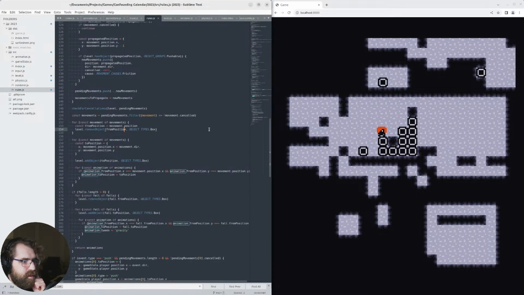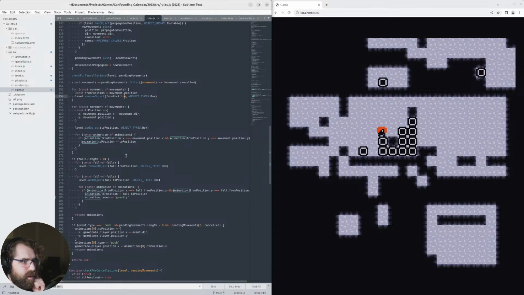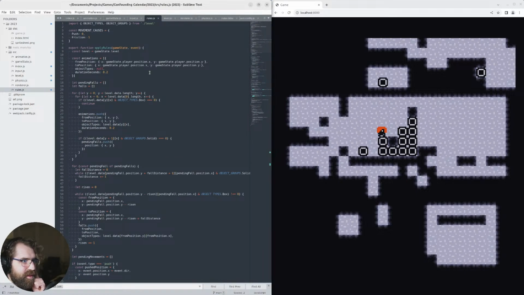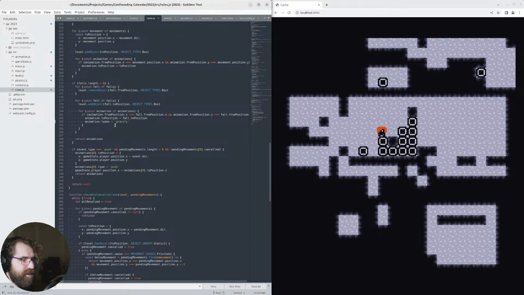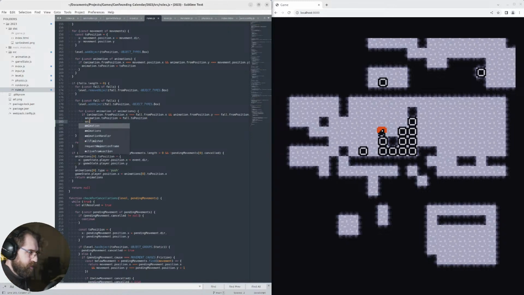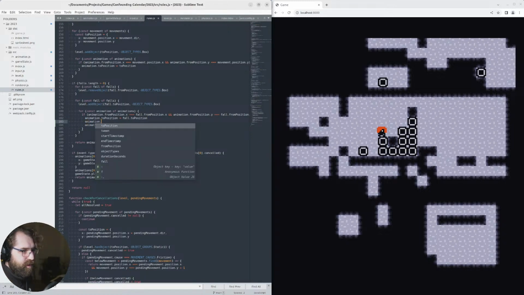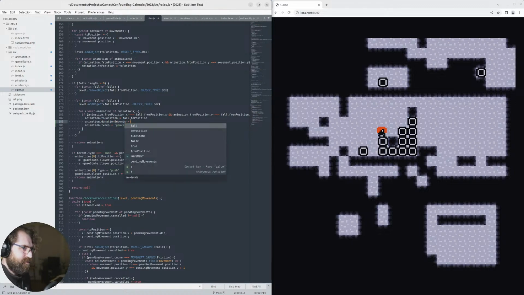So, where do those come from? I mean, they're set immediately. Right. Well, so the duration is set here, but the duration is going to depend on how far the thing is falling. Okay, that's fine. We can just override it down here. That's what we're going to do. Animation duration seconds is going to be